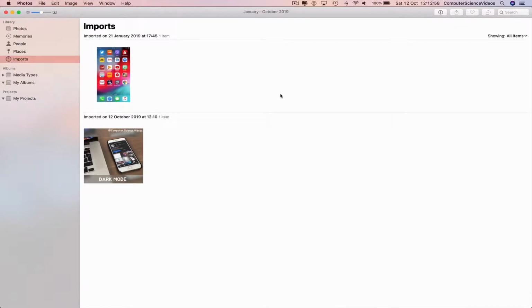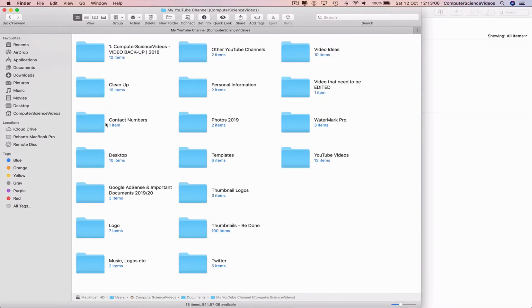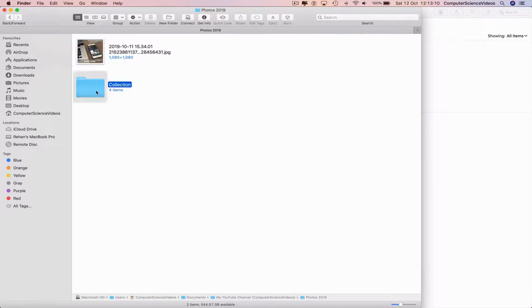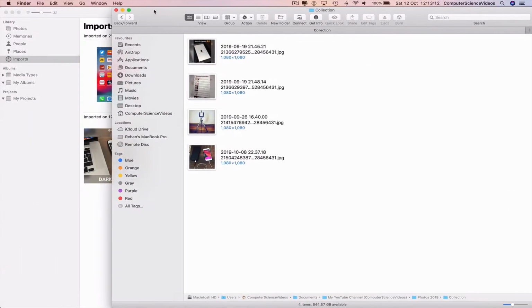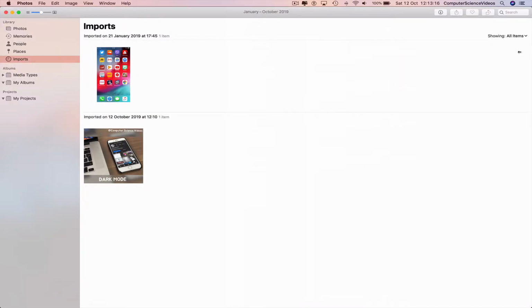Click on Photos, and now we can go to the dock again, go to Finder, go to my YouTube channel, which is in Documents, navigate to Photos 2019, go to Collection, and now we have 4 photos on screen that are ready to be imported